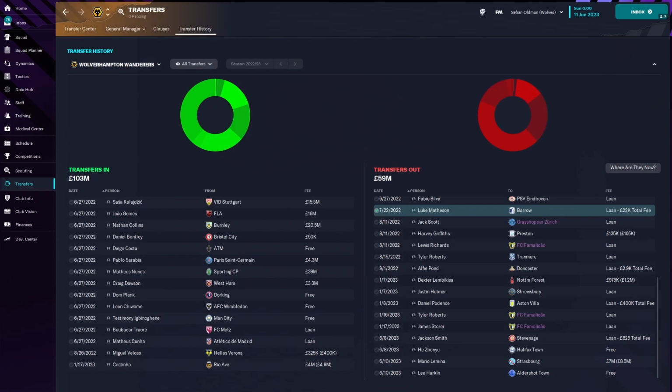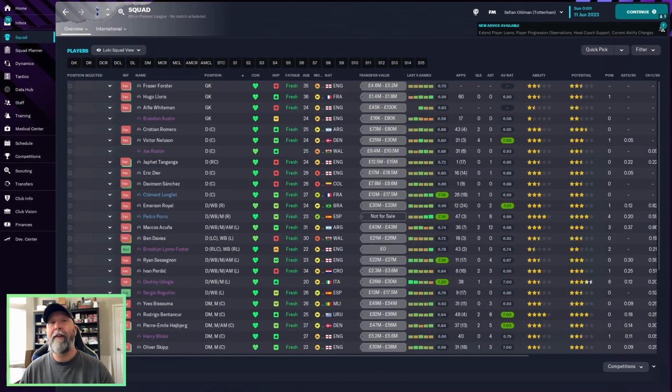And Wolves bringing in Costinha from Rio Ave. I think we've seen for 4 million. Miguel Veloso we've seen. And then 7 million for Lemina all the way to Strasbourg. But that's about it. I have forgotten to do some of the squad screens for a couple of these videos,